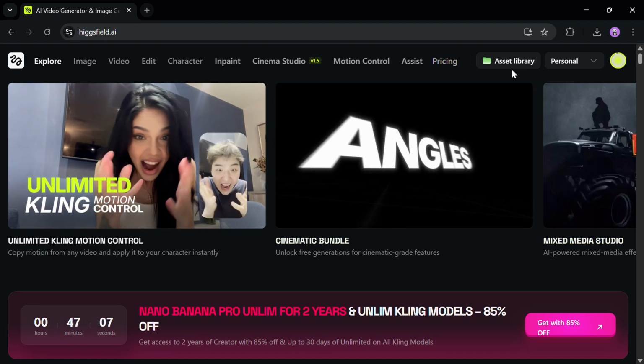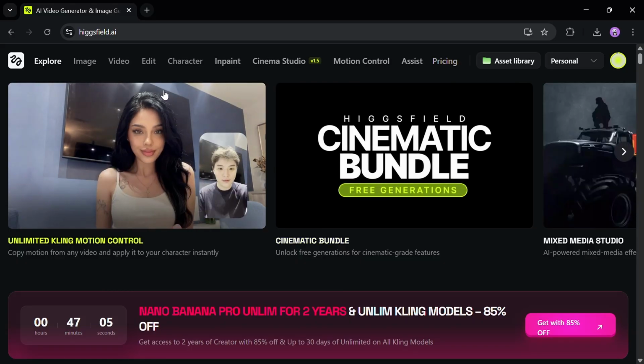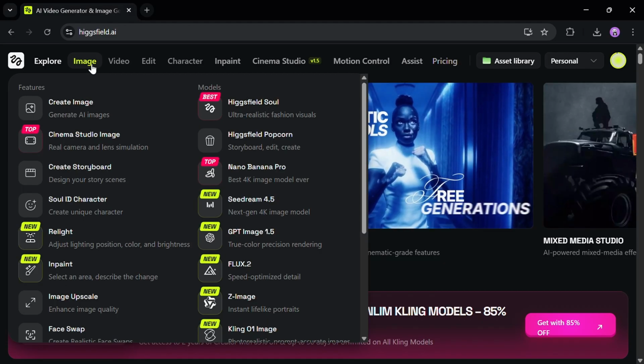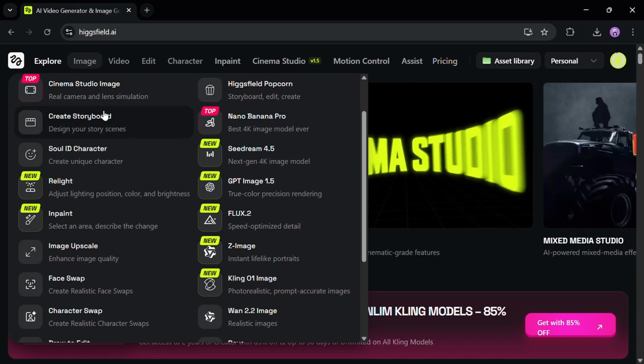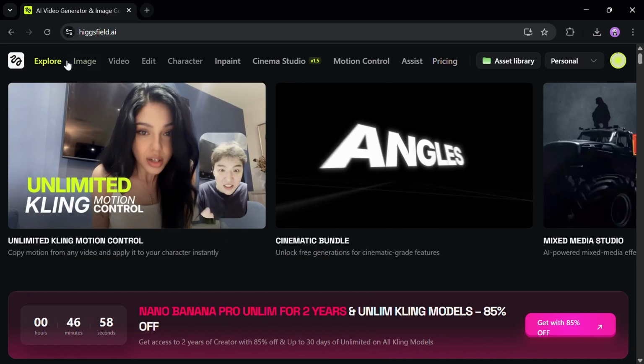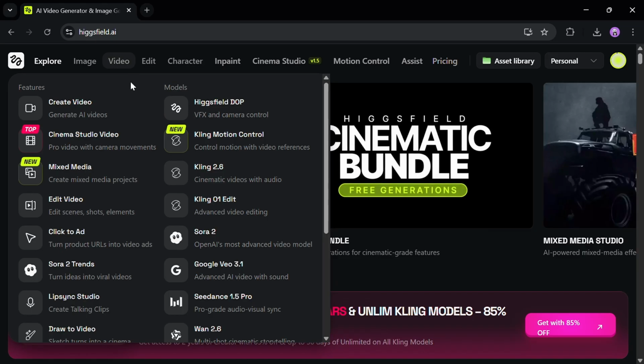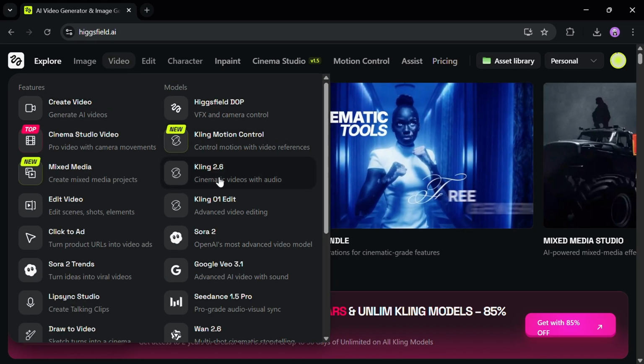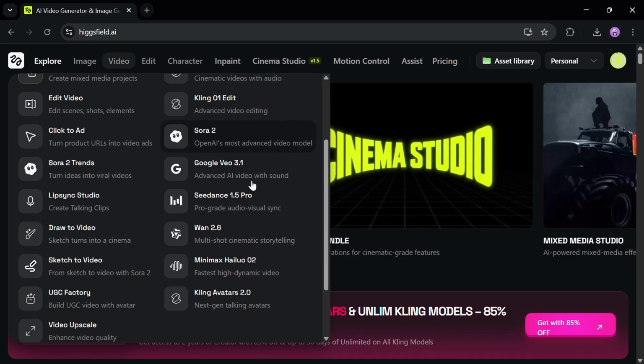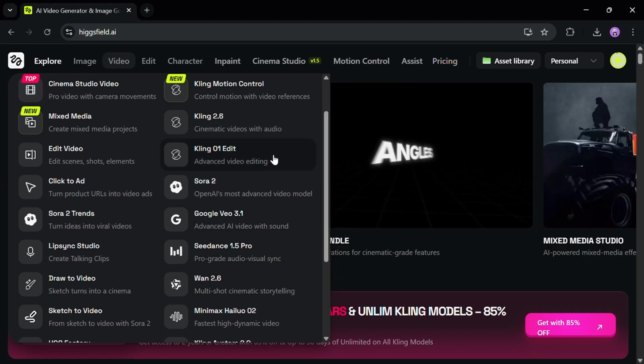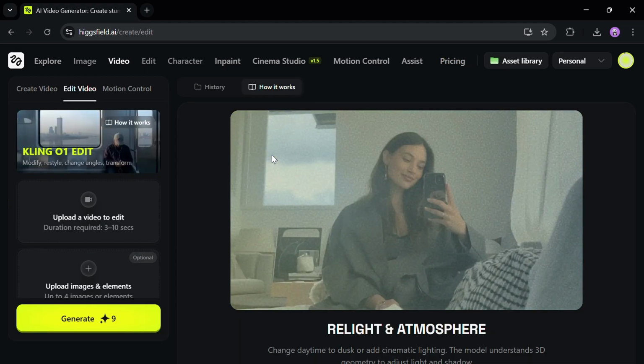AI video generation is moving fast, and today I am testing Higgsfield AI, a platform that brings multiple leading AI video models and a full cinematic workflow into one place. I will walk through the tools, show how the workflow actually works on screen, and share where this makes sense